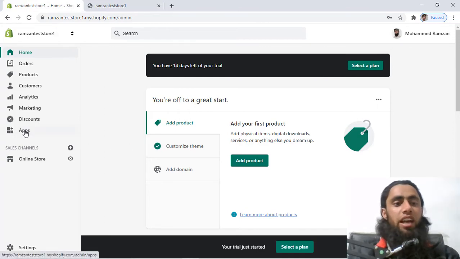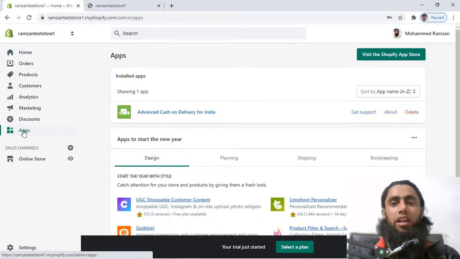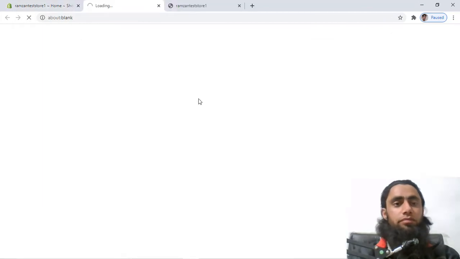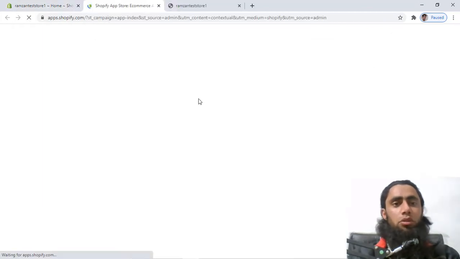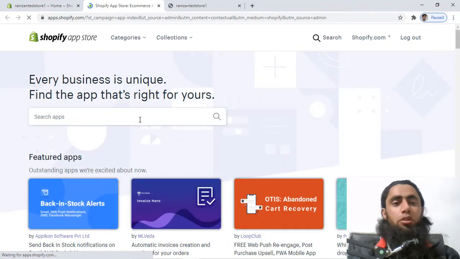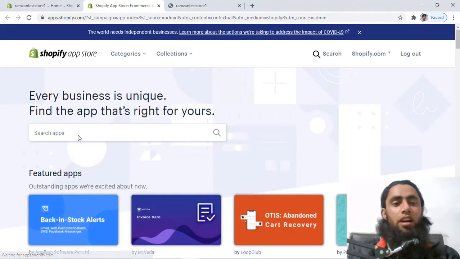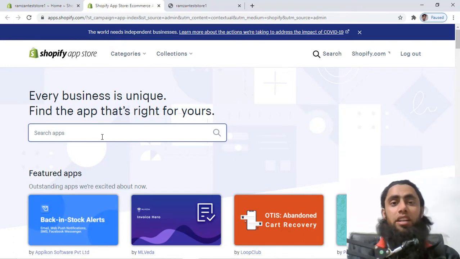You can see that I have apps on the left menu, and I am interested to import the Uberlo app for my store. So I need to click on visit the Shopify app store. Once you click over there, you will be redirected to this type of screen if you have already created the account on your Shopify, on your Uberlo. Otherwise you will get an option to sign up with Uberlo, or maybe log in with Uberlo.